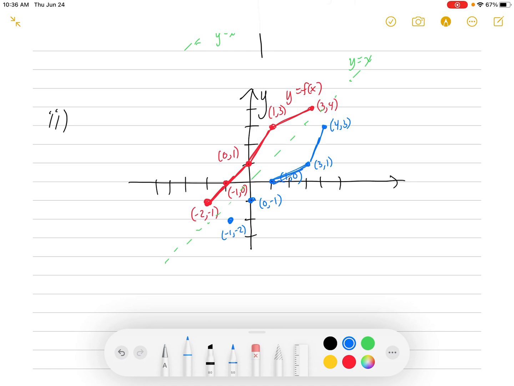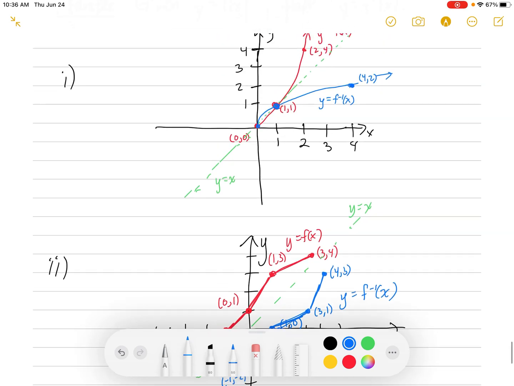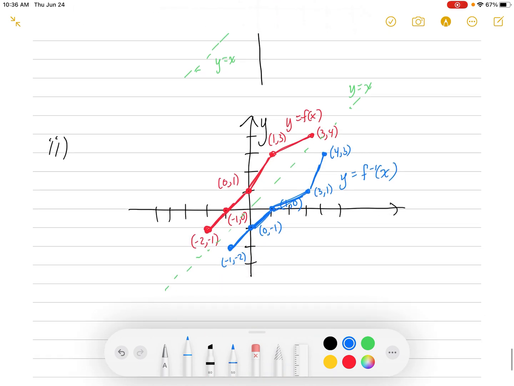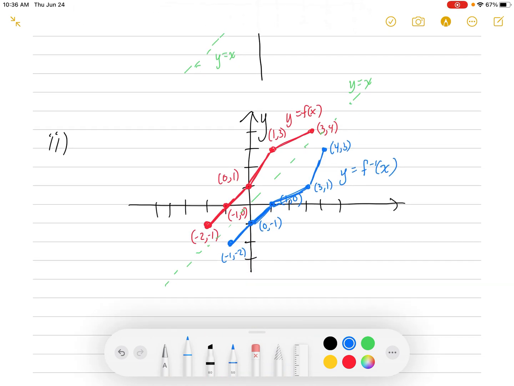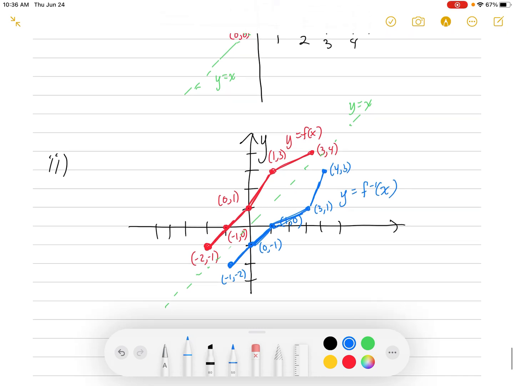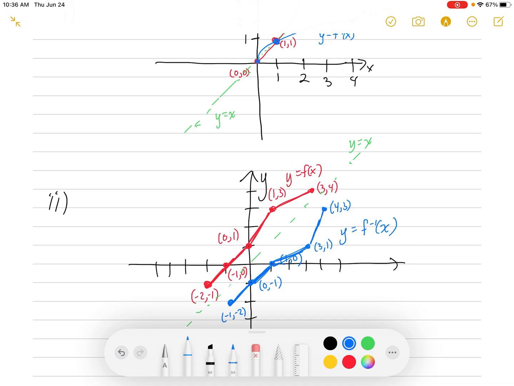There should be a mirror image about this line right here, y equals x. So we want a mirror image, so do something like this, connect those, connect those, connect those, and connect those. And there's your inverse function in blue, y equals f inverse of x. Something to that effect. I don't think I actually ask you to graph any inverse functions, but this is how it would be done. You're swapping out